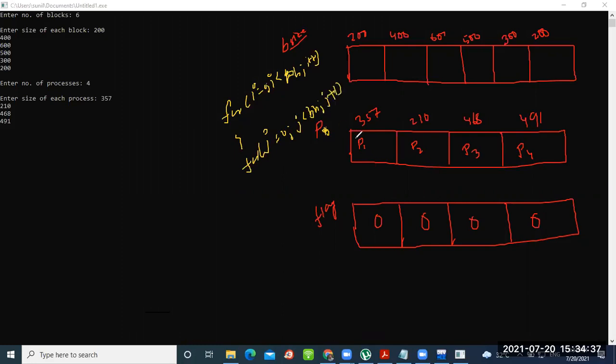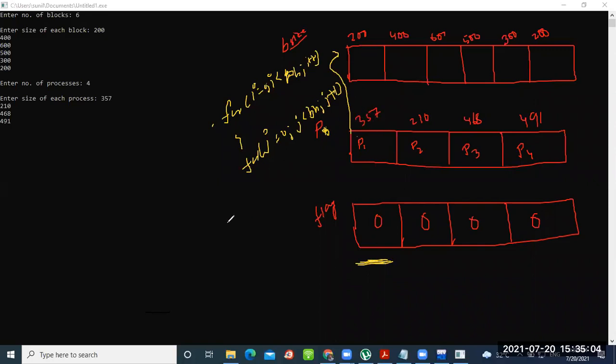Fine. So what will I do? I will take the first process. So what does the logic say? I will take the first process and start comparing with all these blocks, isn't it? I will take the first process here, P0. Now first process 1, P1. What I will do? I will check in all the blocks. While checking, the flag should be 0, that means it should not be assigned. And the size of the block should be greater than the size of this one. Okay, fine, this is the logic part.